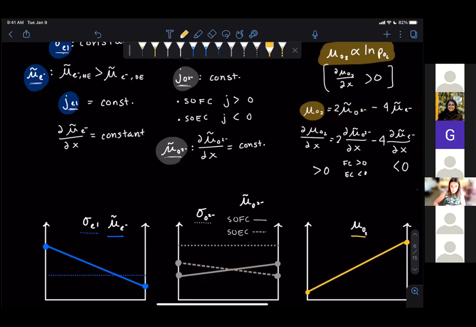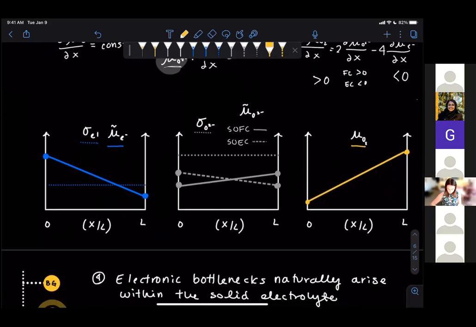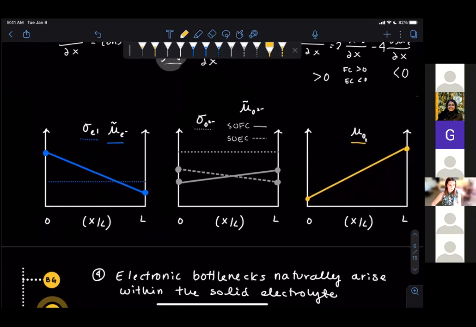Okay, so now we know steady state mode in both fuel cell and electrolyzer cell modes in a very simple constant conductivities throughout situation. Now let's get a little bit more real here, and let's talk about potential situations in which that may not be the case. So the first one I can think of, and that the paper thinks of,